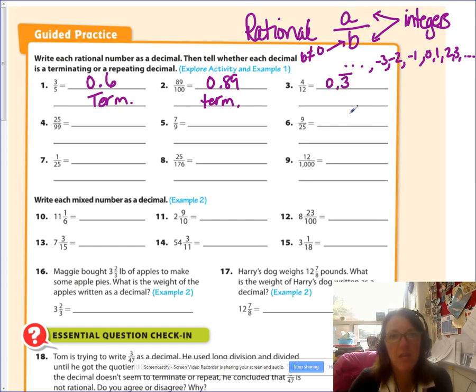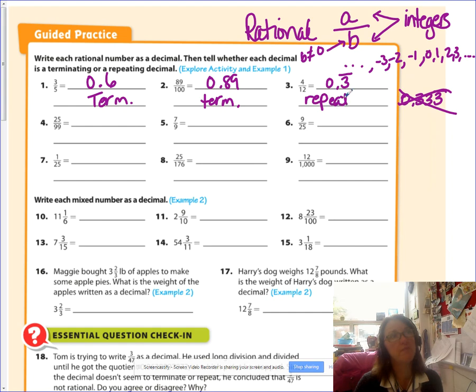Now I'm going to start to be picky on your notation. Use the repeating bar when that digit first shows up. So don't write it this way, 0.333, and then put the repeating bar after the third time. Put it right where it starts, right there. This one is a repeater. Okay,